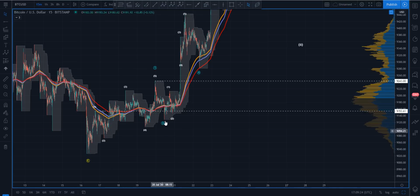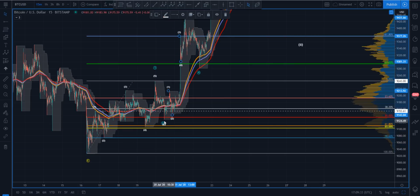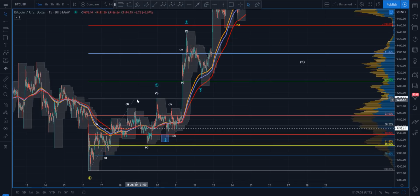I see this as a 1-2. There's a nice little ABC. It's not a perfect ABC, but it is technical. So coming off of the low, I come in here. That's my start. There's no ABC into a 2, right? So I get just where I'm looking for it. It helps you solidify the idea here. So I come right between the 50 and the 618, right where I'm looking. Now coming off of that, 1, 2, 3, 4, 5, looks like I get a nice 3. So per that